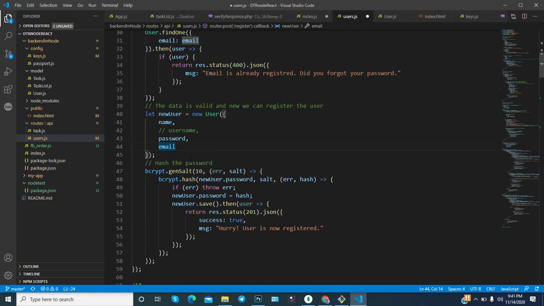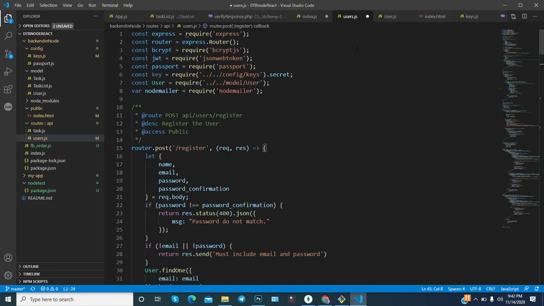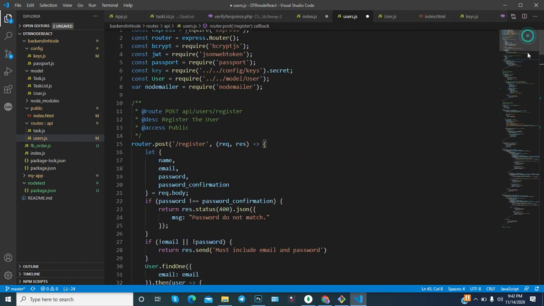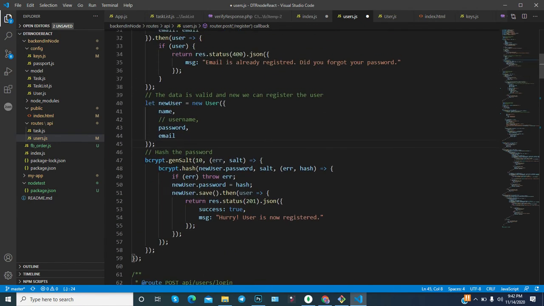Now if everything is perfect, then you have the user's name, email, and password. Now you have to register it, but you can notice that in this particular case the password should be in encrypted form. You will hash it, and after the hashing it will be saved in your database. So it is important. How will you hash the password? For that you use this library called bcrypt. Now bcrypt.genSalt 10.